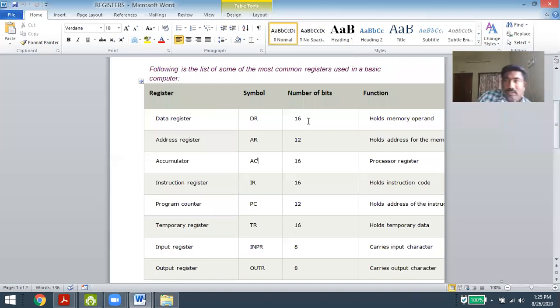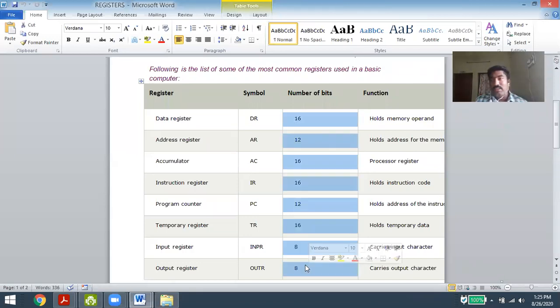So always remember, any register size is a power of 2, because binary information is only in the form of 2 values, that is 0 and 1. So binary is nothing but 0s and 1s, and these are in the form of powers of 2. So all the registers are in the form of powers of 2, and this 16-bit or 12 bits or whatever it may be, the number of bits depends upon the size of the memory or the size of the RAM, the type of the RAM we are using. So this is about the registers and the register components.